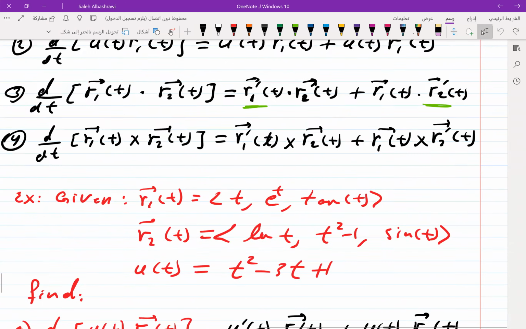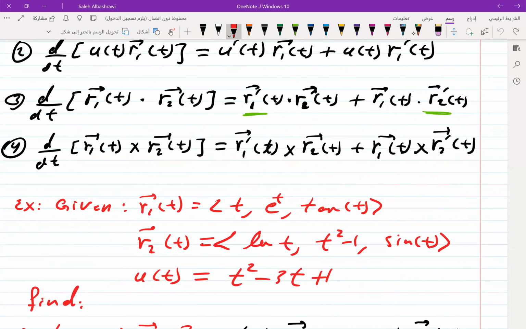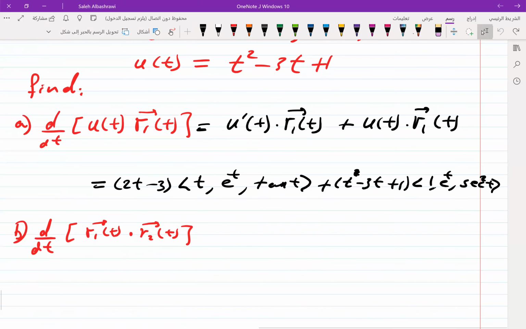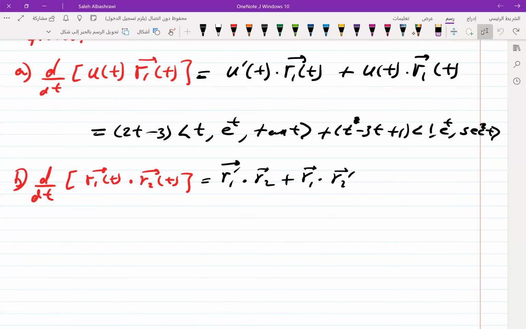It is the second or the third rule: r1 prime times r2 plus r1 times r2 prime. So we can apply this formula. It is equal to r1 prime dot r2 plus r1 dot r2 prime,